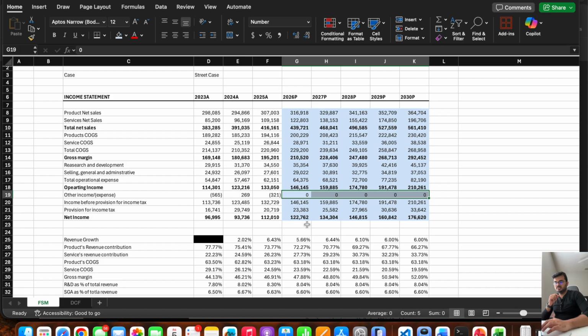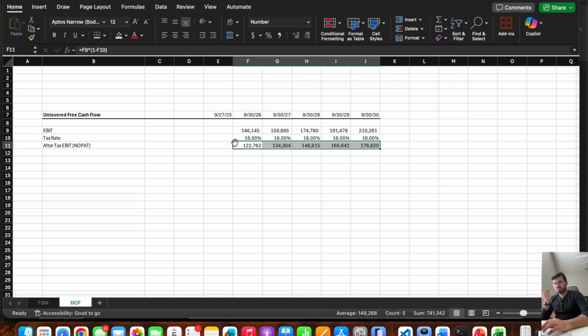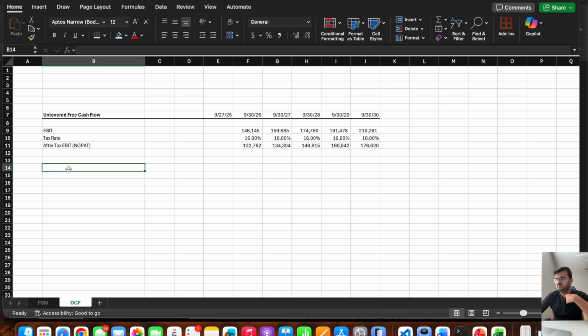So that's the only reason you see for Apple the net income and the after-tax EBIT or NOPAT will be the same. I still used to have this way so that it will be consistent on whatever other companies I do the valuation going forward. So now I got this value, which is NOPAT. Then what I need is